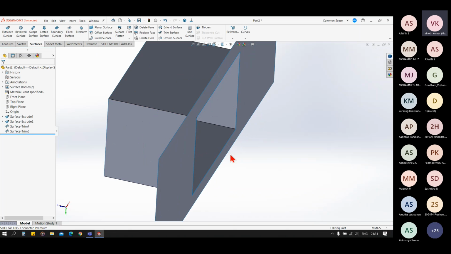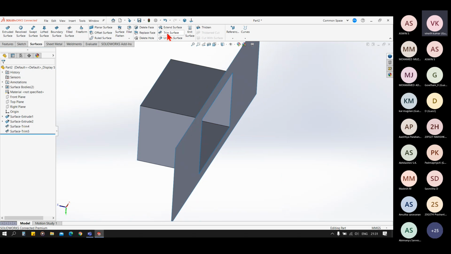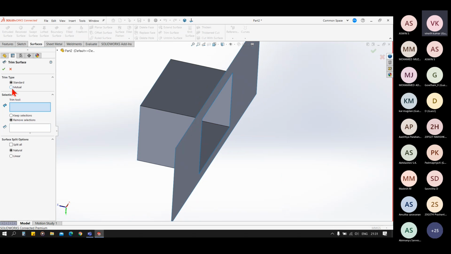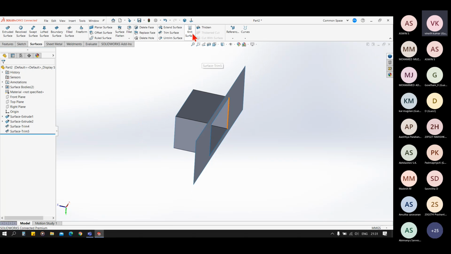Now you can see in the standard trim these surfaces are not joined, so it is quite common to use the mutual trim. It saves our time in the knitting.